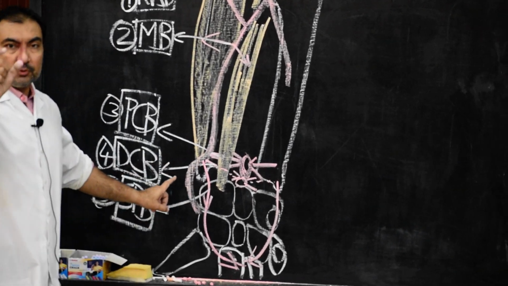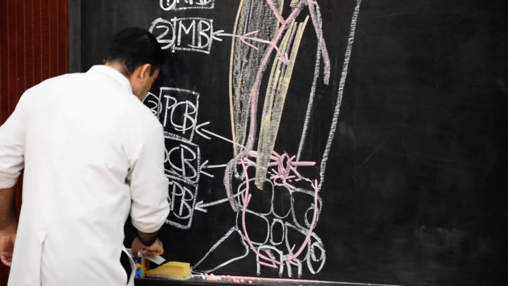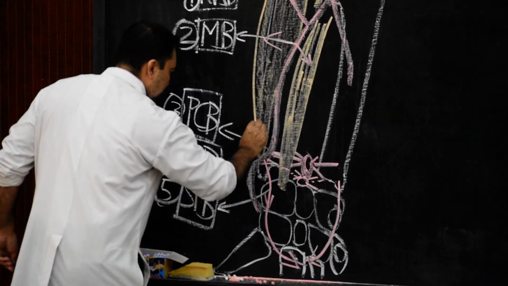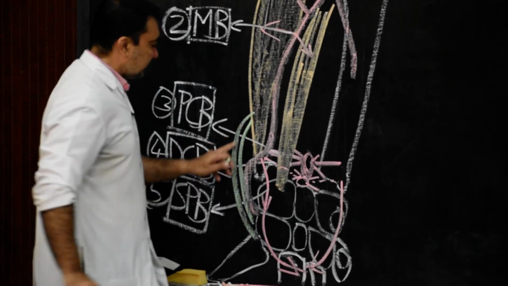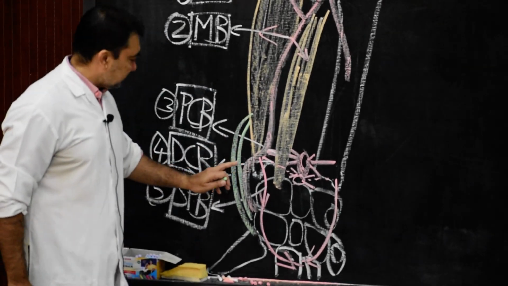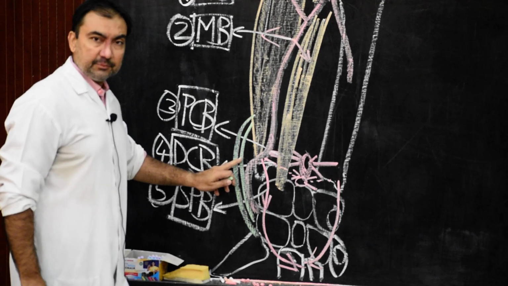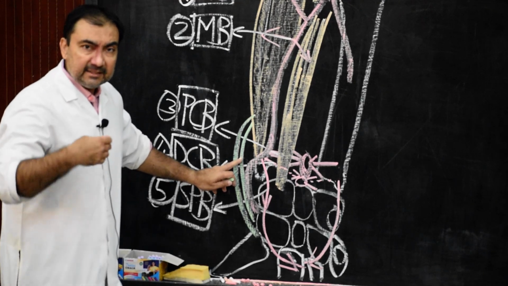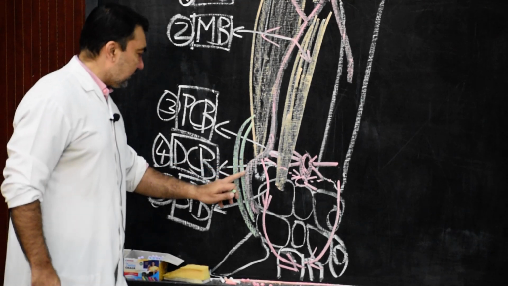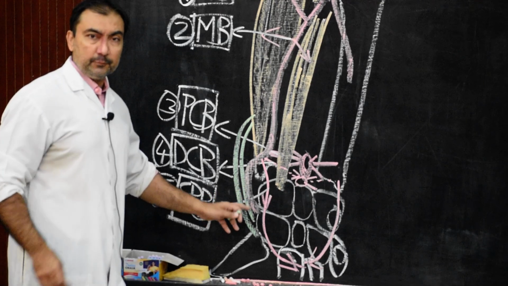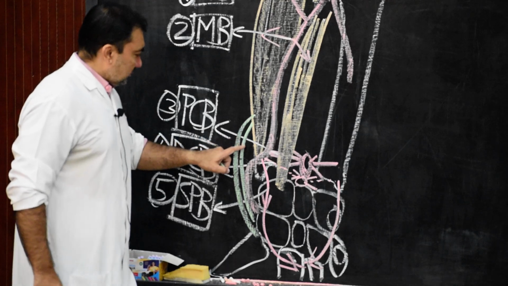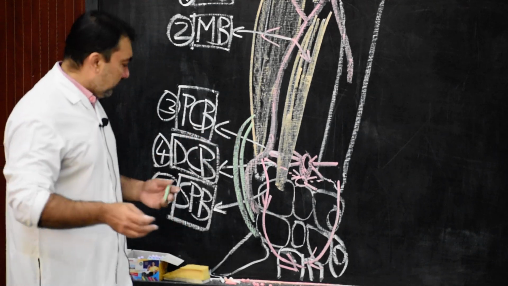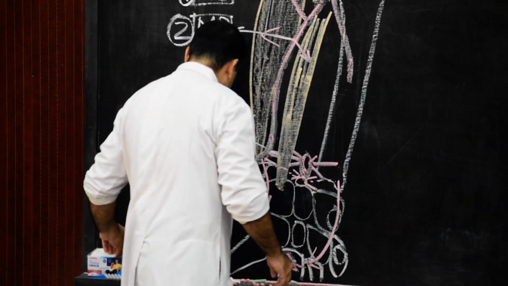It is crossed by 2 tendons, and where it is crossed, I will draw them with green color. The 2 tendons will be abductor pollicis longus and extensor pollicis brevis. So, beneath these 2 tendons, the radial artery will course through the anatomical snuff box and will travel on the dorsum of the wrist. Now we come on this side and we try and draw.